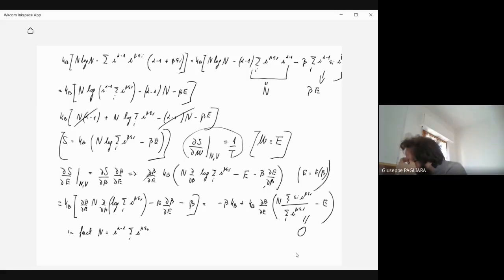When I put this here, the denominator cancels with the numerator, and then I have e to the alpha minus 1 times the sum, which is just the energy. Remember these two relations. So therefore, this is equal to 0. And then I conclude